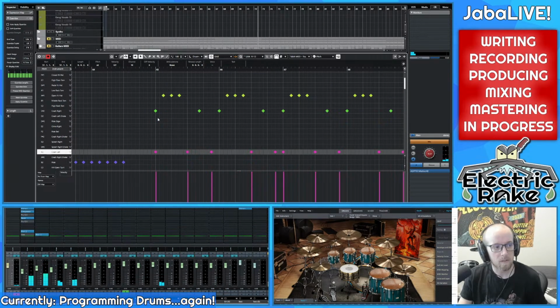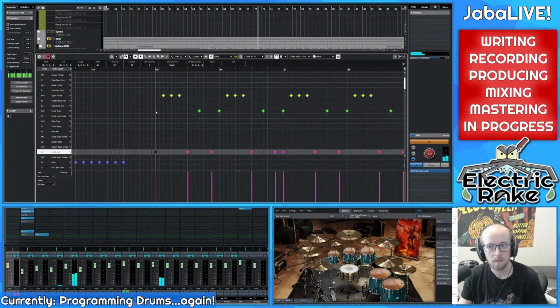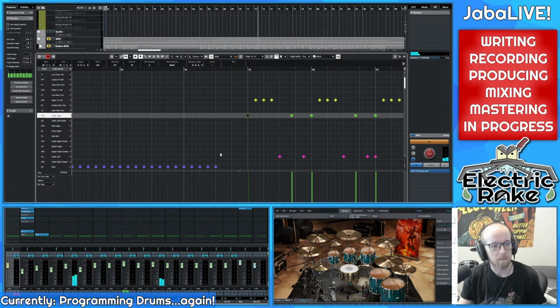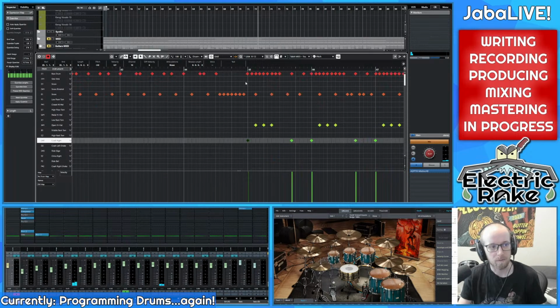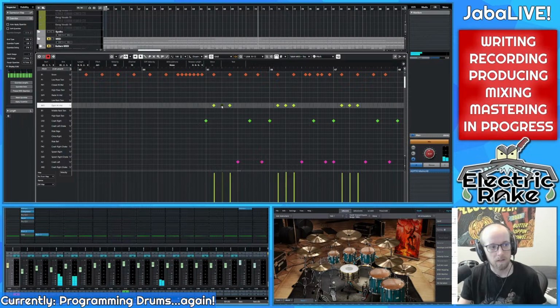So at this section, I'm doing double hat, hat, hat. I think I'll do a right crash. That's a left crash. I'll do a right crash because I'm coming from the ride. Actually, I'm coming from the snare, but whatever. So I'll do right, hat, hat, hat,